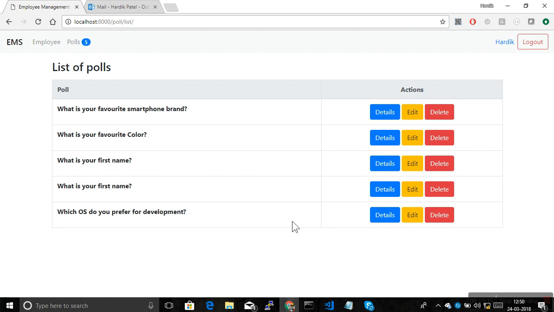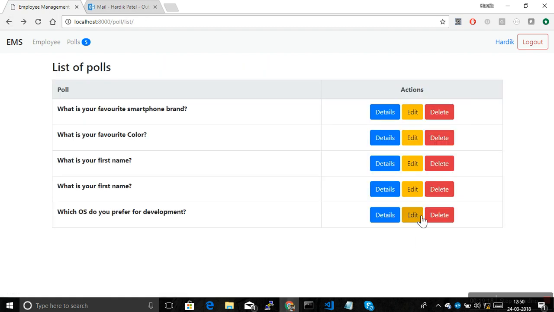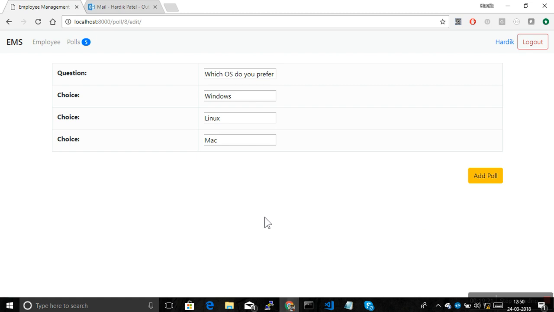Look at this. Now if you will see the detail, you can see all these options. You can see if you click on edit, look at this, question is automatically filled with the data, choices are also in the same order which we have added, right? Now if you change something to here, like let's say for example, instead of Linux I just pushed specific version of Linux, that is Ubuntu. If I click on edit, yeah, so this is the last thing I wanted to explain, but here some error